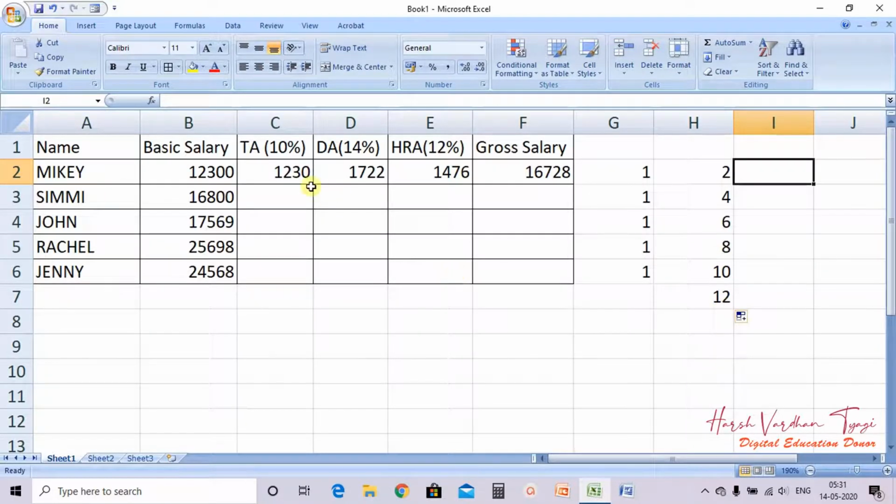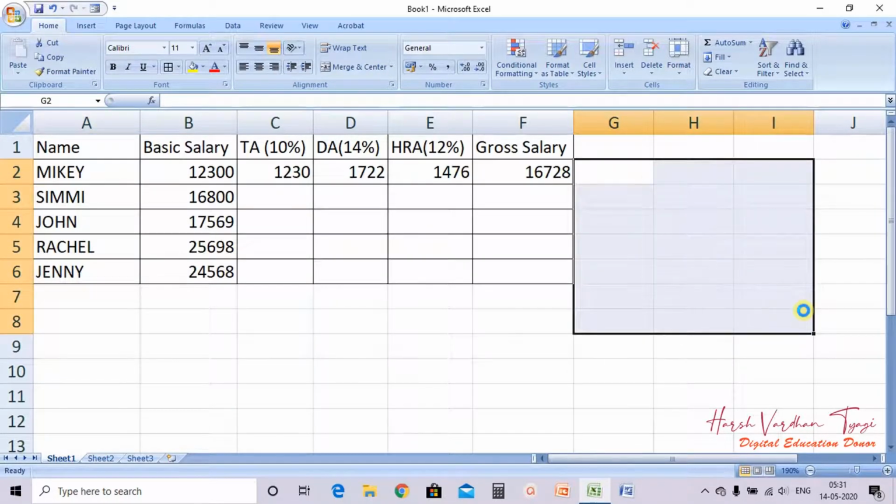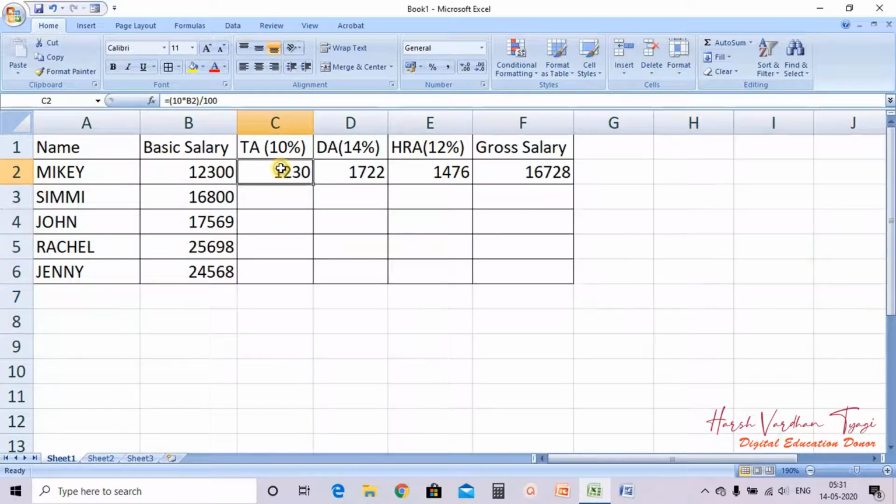But now suppose I have written a formula in one cell, and after writing the formula I am just using this fill handle button.